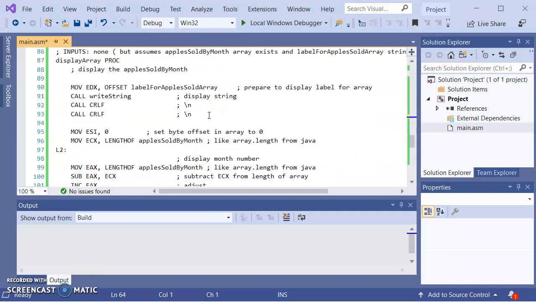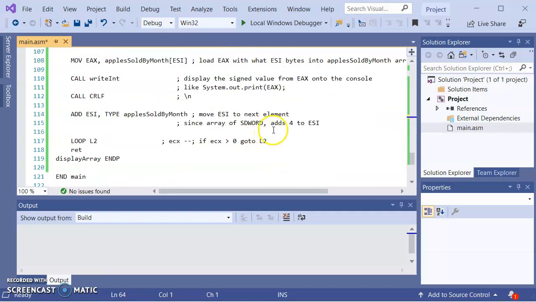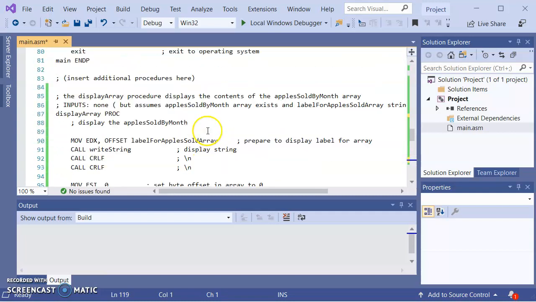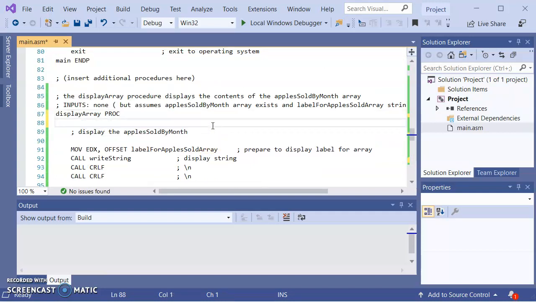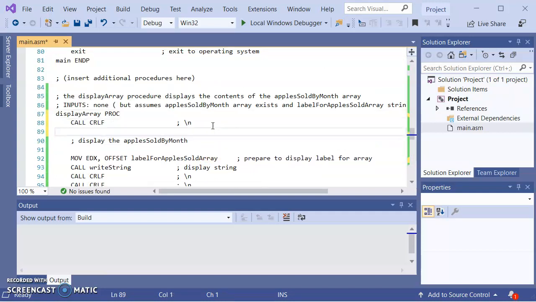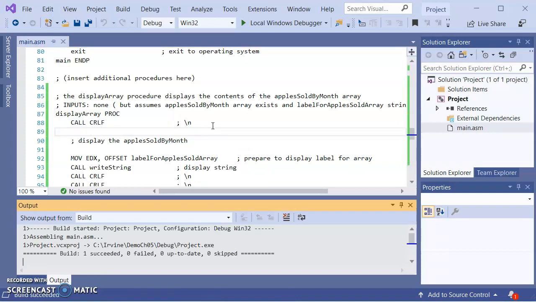So what if the display array procedure had 1 extra carriage return at the end and 1 extra return at the beginning? And so just by modifying the procedure,